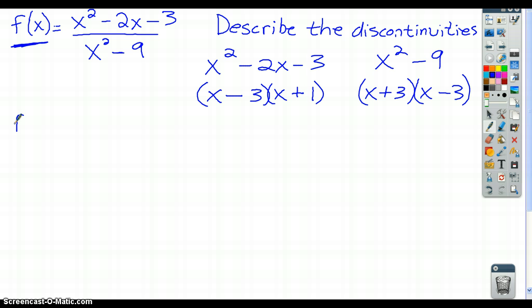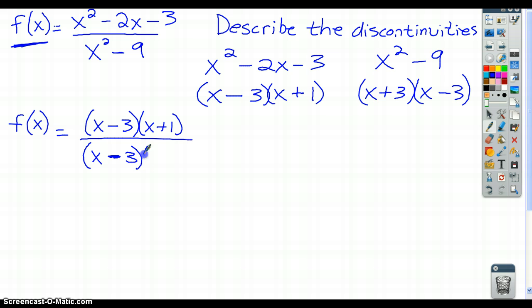I'm going to rewrite my function, and then I'll look at a limit. So I have x minus 3, x plus 1, all over, and I'm going to write the x minus 3 first, just to illustrate a point. Okay. So I notice that I have a common factor, x minus 3, in the numerator and the denominator. If I were to plug the value, and here's where I would get my limit statement, the limit as x approaches 3,